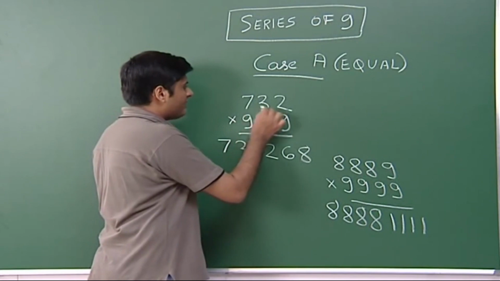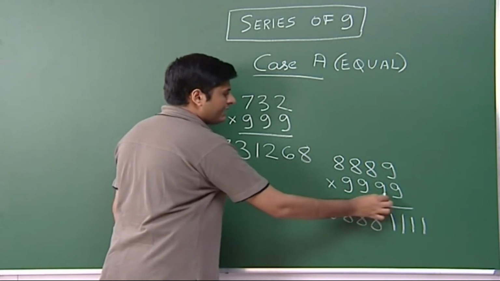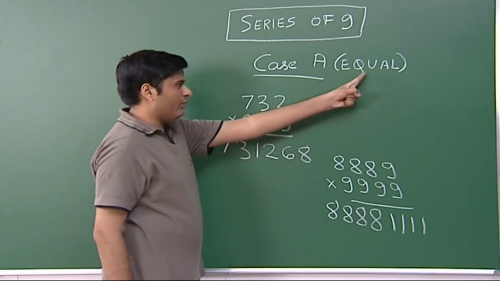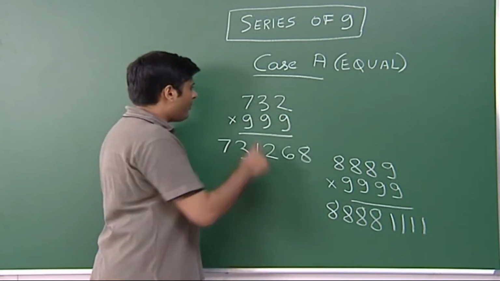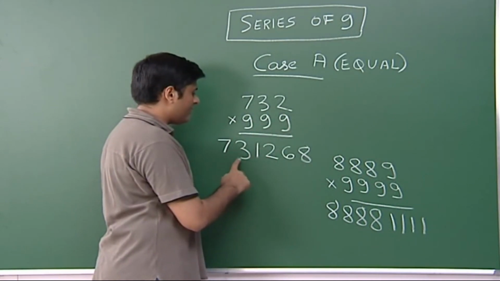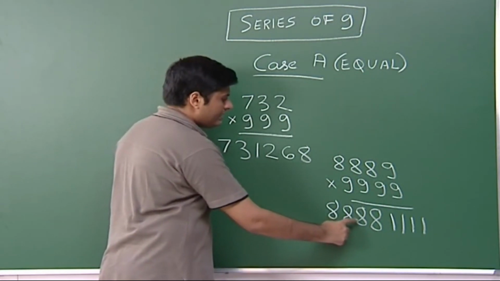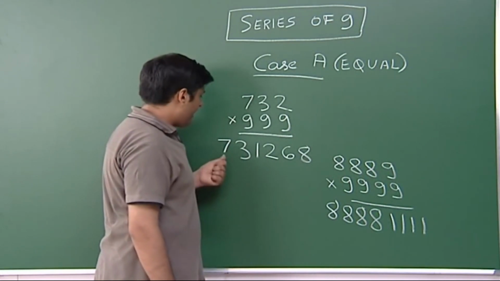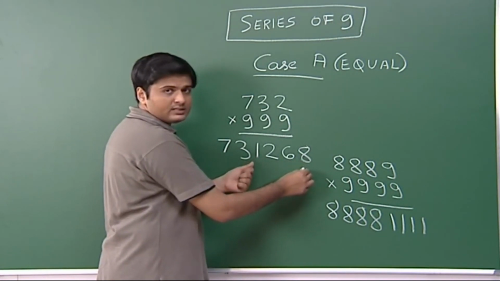Let me revise the technique for you. Here I am multiplying 732 by 999. Here I am multiplying 8889 by 9999. So there are 3 numbers, 3 nines, therefore equal. 4 numbers, 4 nines, therefore equal. From this number I subtract 1 and write down. 732 minus 1 is 731, and 8889 minus 1 is 8888. Next friends, I subtract each digit from 9 and write down. 9 minus 7 is 2, 9 minus 3 is 6, 9 minus 1 is 8. My final answer is